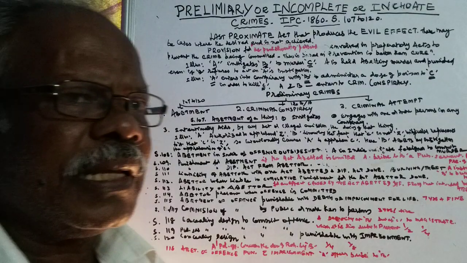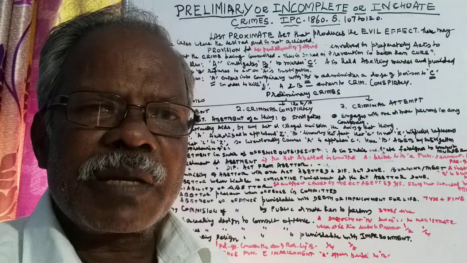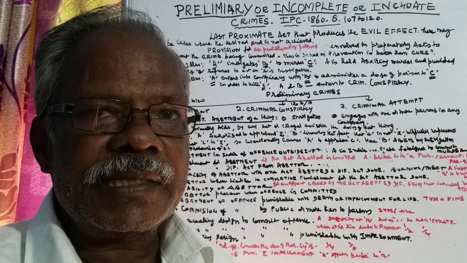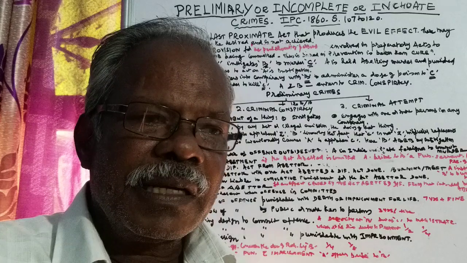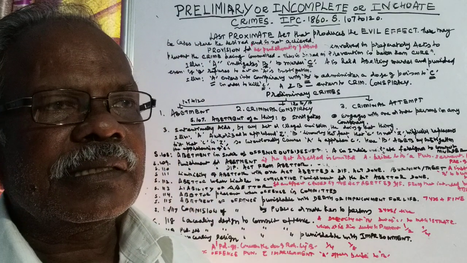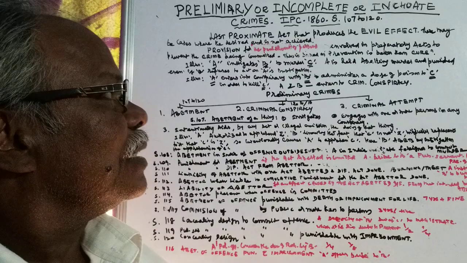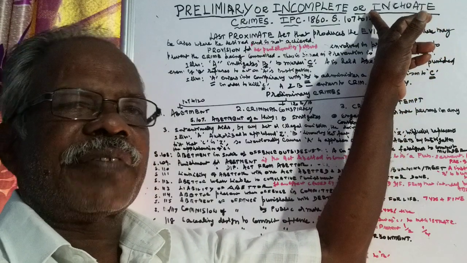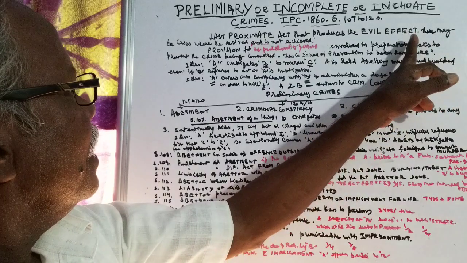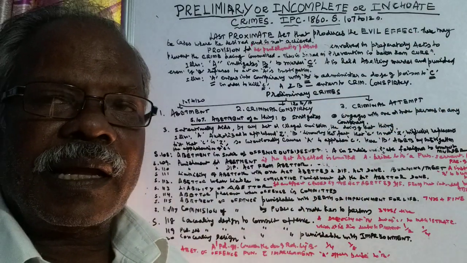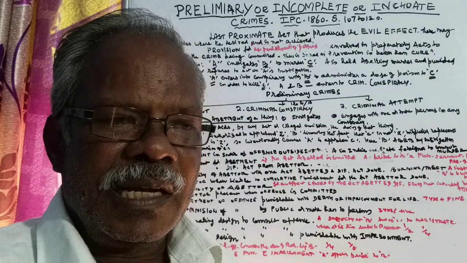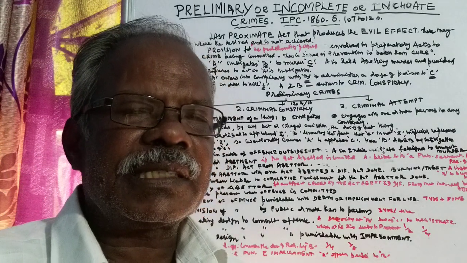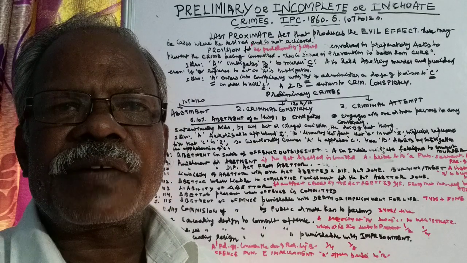So usually criminal law is very much concerned about the last proximate act that produces the evil effect. That is, the act which helps the criminal act, the law is concerned about that. The evil effect is produced by a series of acts or a consequence of acts. And there may be cases where the desired end is not achieved. That means in most cases, even before the execution of the crime,